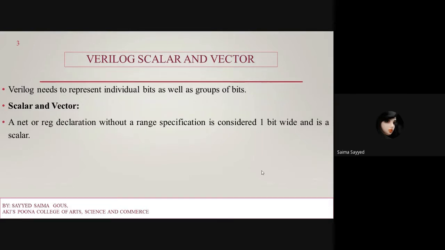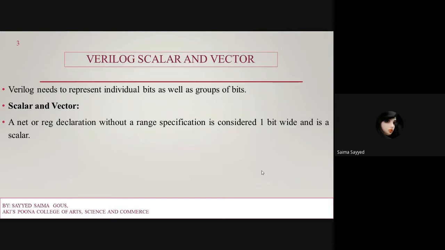in nets there are multiple data types like wire, wor, or wand. So, we have already seen what the data types in nets are. A net represents the connection between the hardware and logic gates, whereas registers are used to store the data in memory. So nets are just to show the connection, and registers are used to store the data. The keyword for a register is reg. So here, whatever the data types are, net or register,